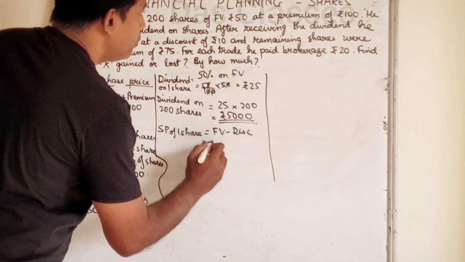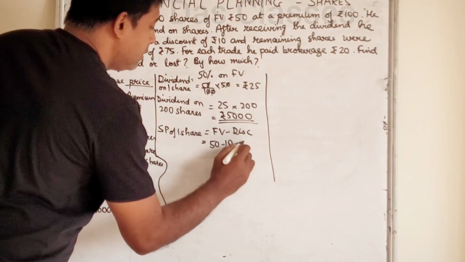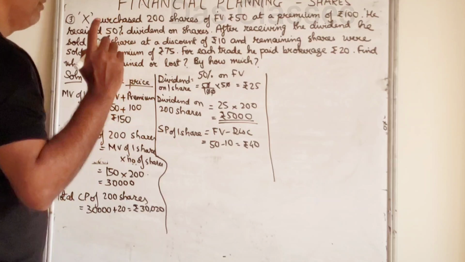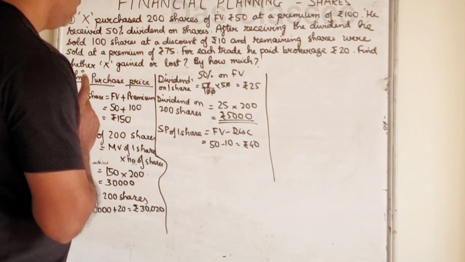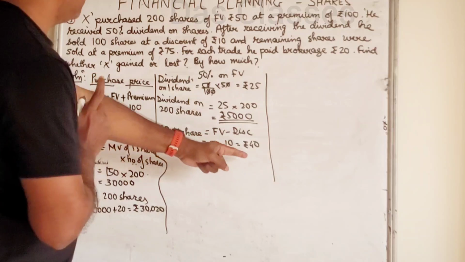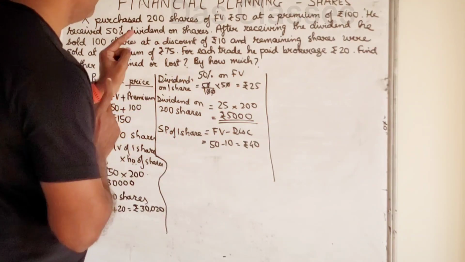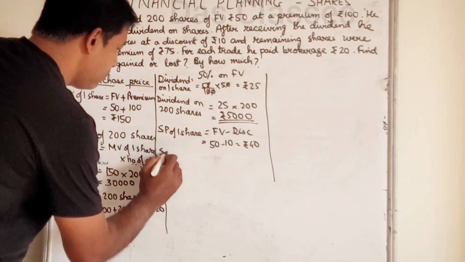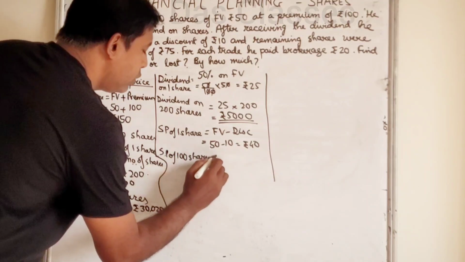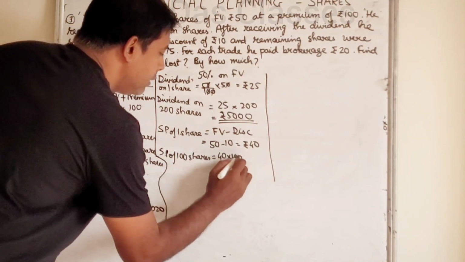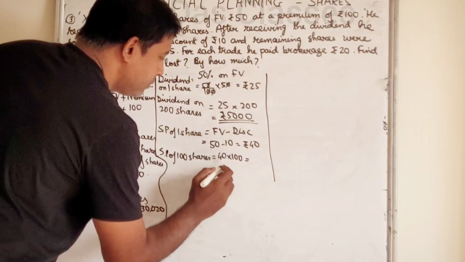So that's going to come to 50 minus 10. That means he has sold it for 40 rupees per share. Now he has sold how many shares at that rate? He has sold 100 shares at that rate. So the selling price of 100 shares is going to be equal to 40 into 100. So that comes to